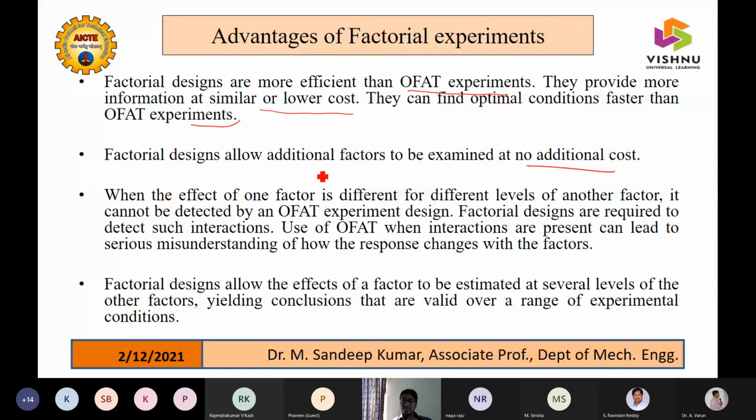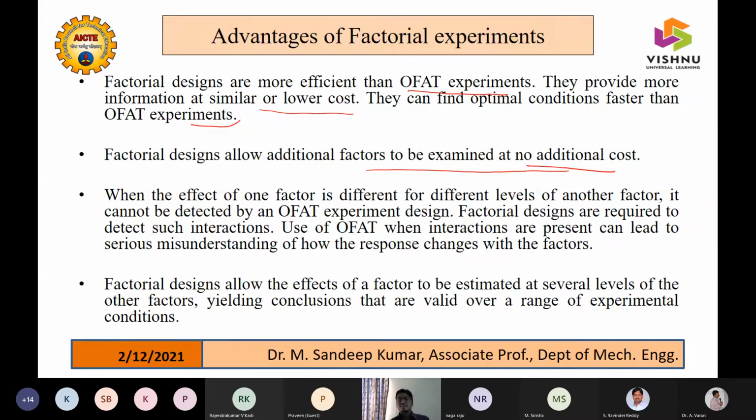The minimum number of experiments is what we desire, and we desire a maximum output, isn't it? So how can that be done? Full factorial design is one answer to that.